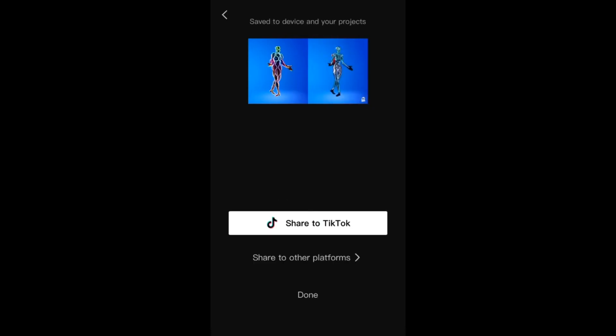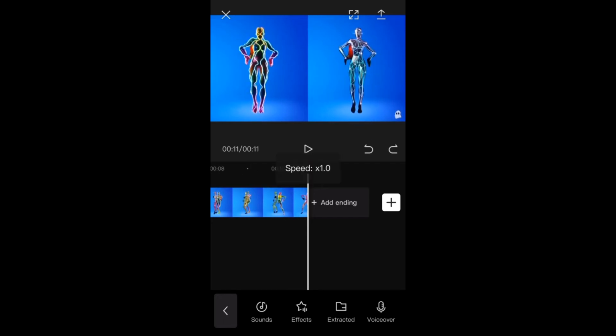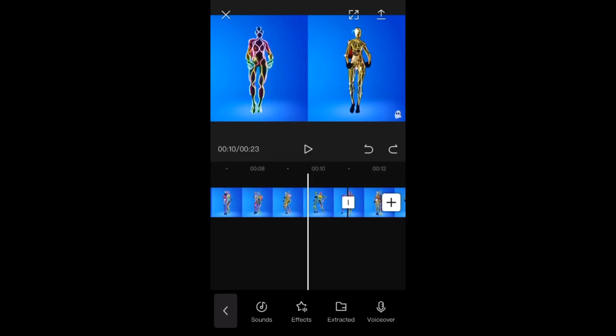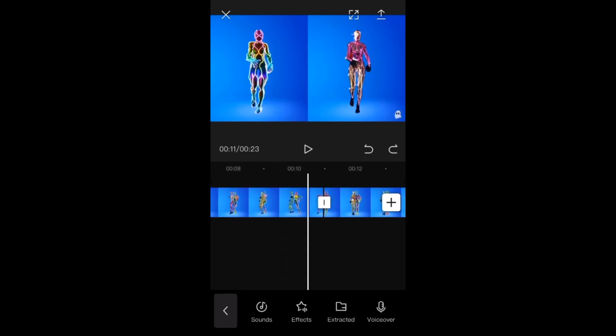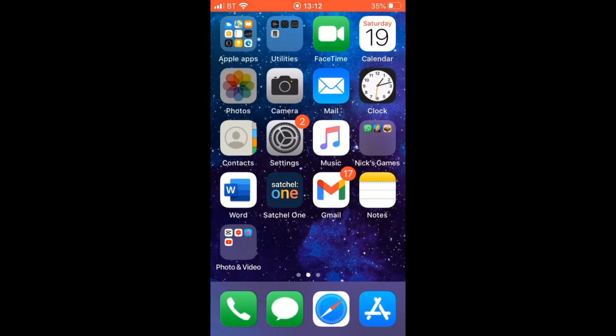The reason I haven't clicked the done button is because if you do, that exits you out of CapCut and resets these back arrows here, which makes you unable to undo the speed and undo the split, which is very awkward and bad. So that's what I've just done there. I've undone the split, I've undone the delete, so I've brought back the second half because I'm going to use this later. So now I'm going to go to my camera roll,